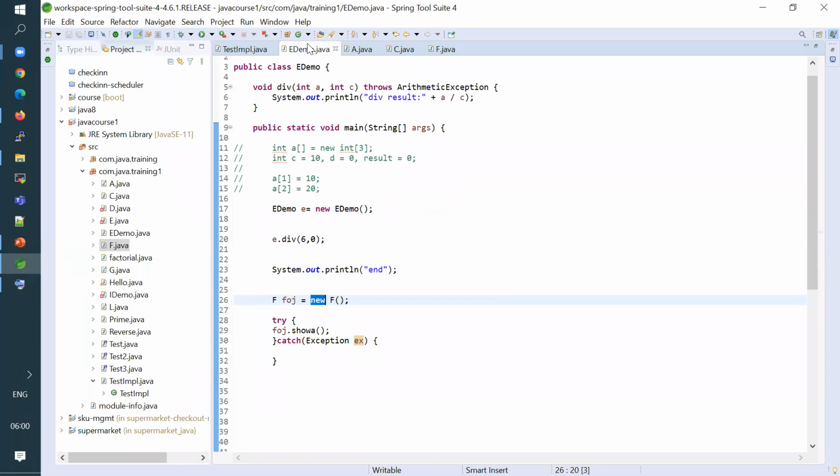For example, the example that I was quoting some time back, where you are querying for employee details in a database and those details are not found. How do you actually handle this?